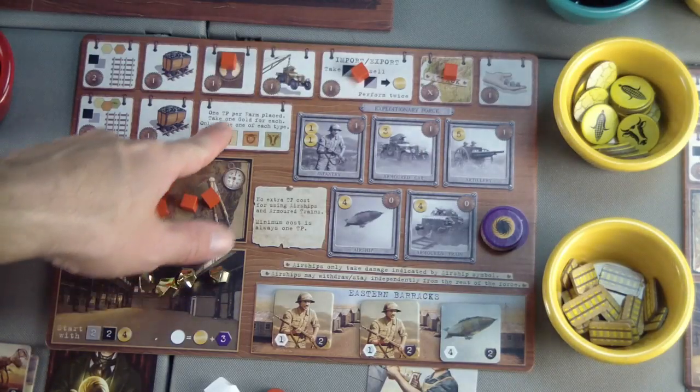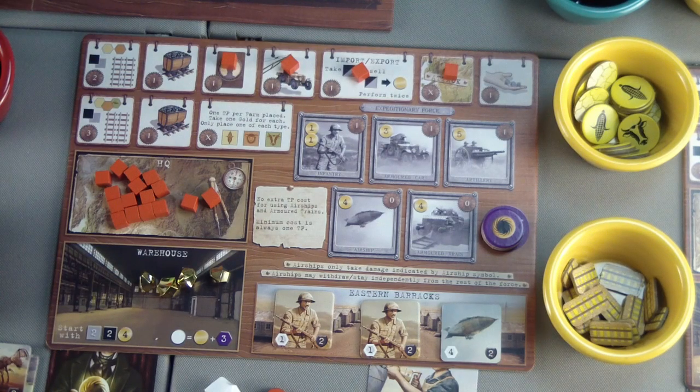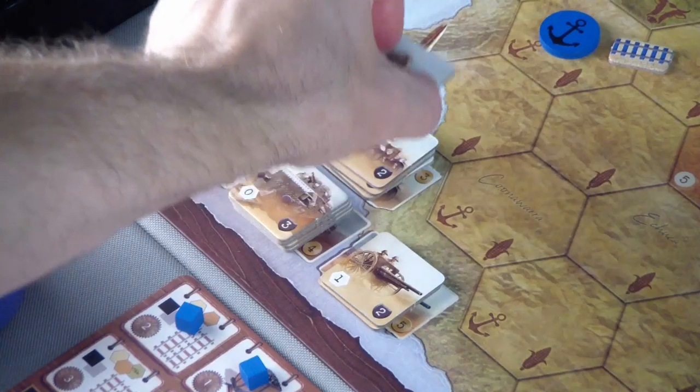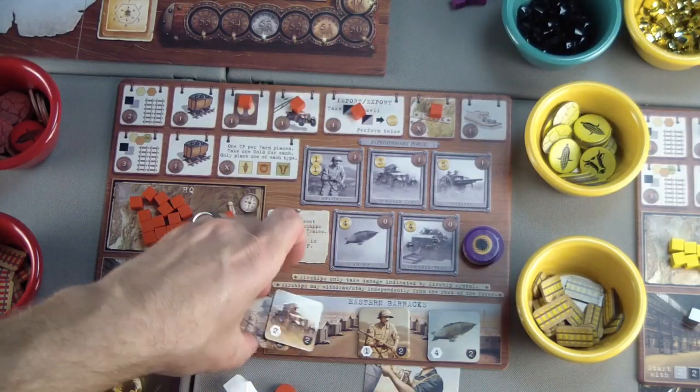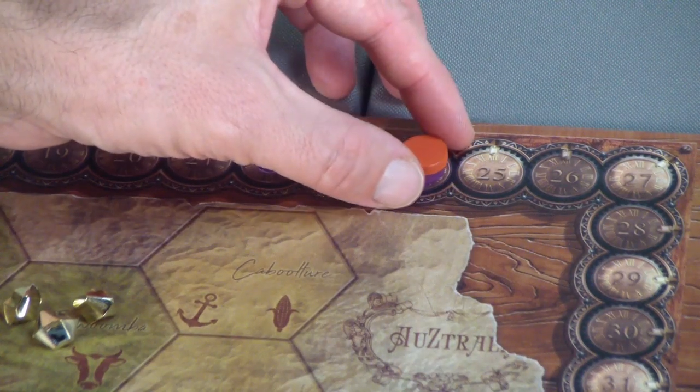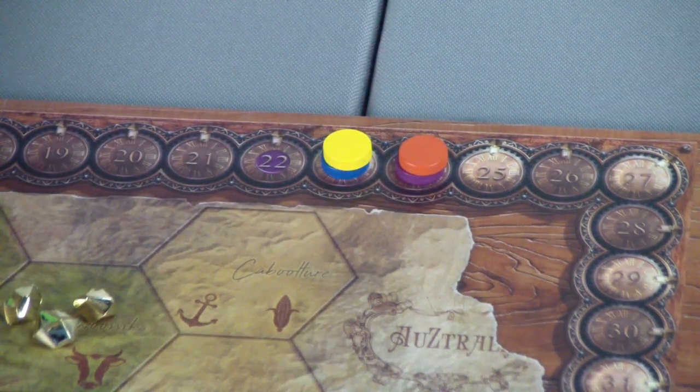And I think we'll strengthen our military. And we will spend 3 gold to gain an armored car, further strengthening our military. And since we only used 1, it'll allow the red player to go again before the old ones, bringing us